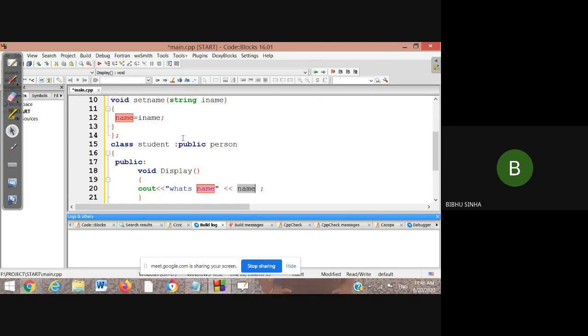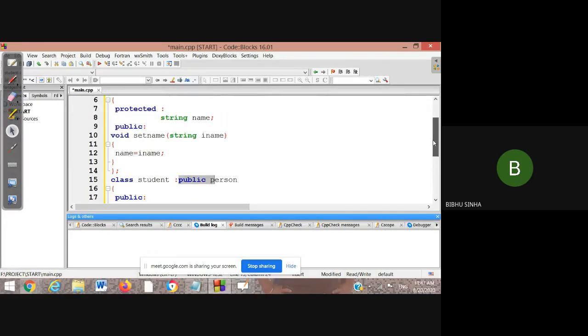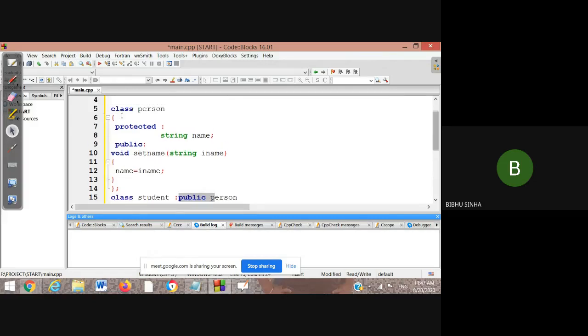So the first type of inheritance in access mode we are going to see is to inherit the class in public mode. This is our first type. So what is happening: whatever data is from class person, all these members are coming to the student class in the public mode. The protected is also coming, and public is also coming. Means all this data is coming to the public mode in this class.